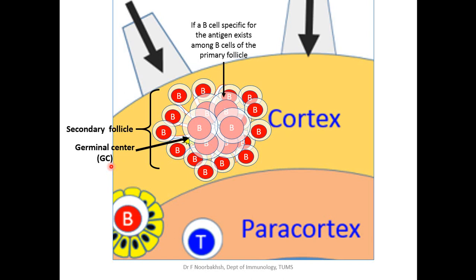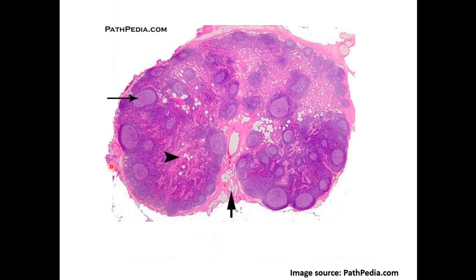So a primary follicle is just an aggregate of B cells without any germinal center. It has either not received any antigenic stimulation, or if it has received some antigens, none of those B cells have been able to respond to that antigen. But a secondary follicle is a follicle with a germinal center. It has basically a region in which B cells are proliferating. So if I look at this particular